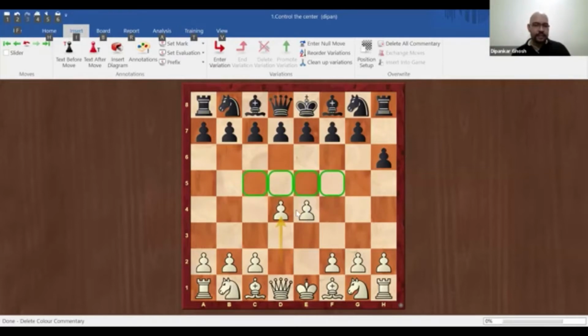Now, notice by playing these two moves, by playing these two pawns side by side, we are controlling 4 squares in black's half of the board. So if I quickly draw a line here like that, you can hopefully see the green line. Below the green line is white's half, and above the green line is black's half. And we are controlling squares in our opponent's half of the board simply by putting 2 pawns side by side. Okay, so playing 2 pawns in the center side by side like that, if you are allowed, you should do so immediately.